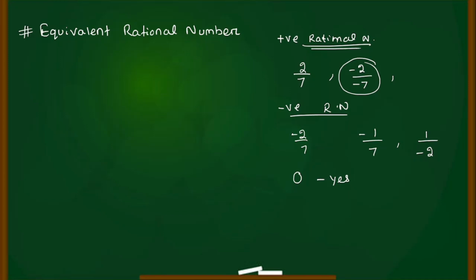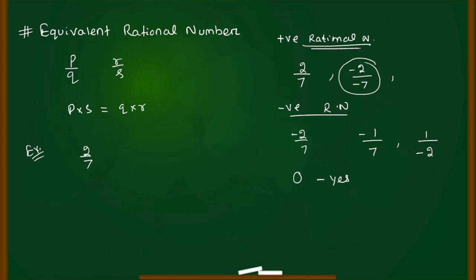Now the next concept is equivalent rational numbers. Then what is an equivalent rational number? Suppose P by Q is a rational number and R by S is another rational number. These rational numbers are equivalent in case P into S is equal to Q into R. Understand? Suppose, for example,